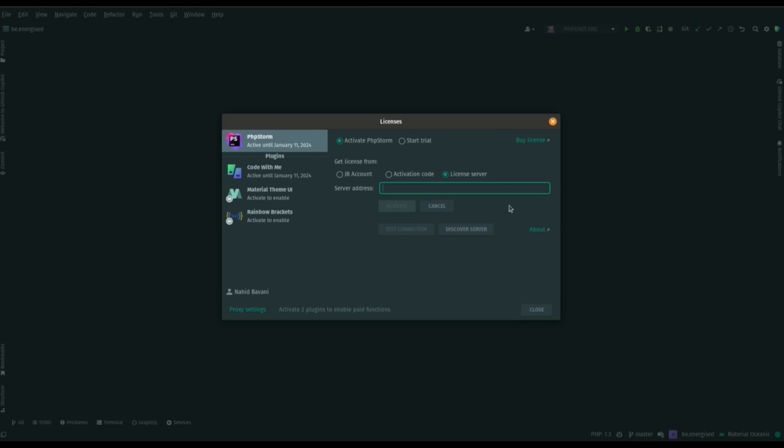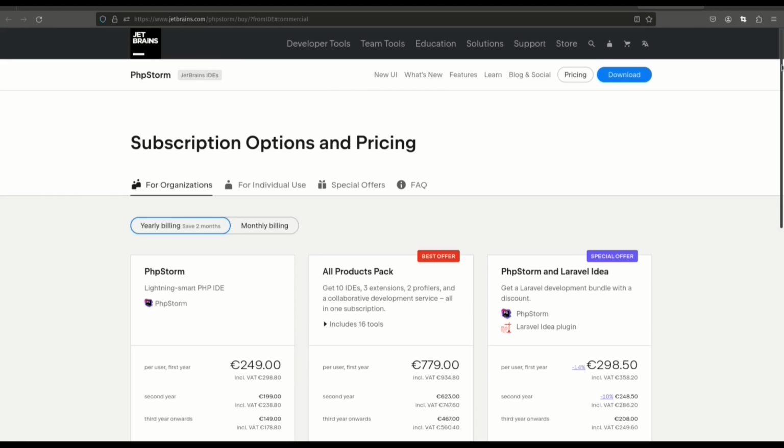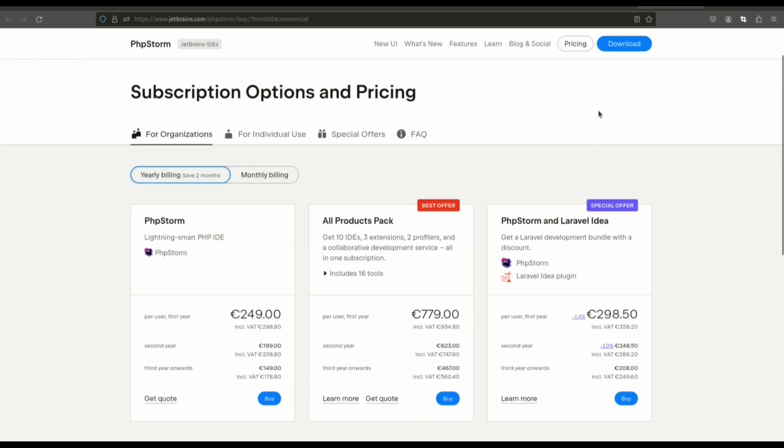In our case, we will activate PHPStorm by using a JetBrains account. For this purpose, click on Buy License at the top right corner. On this page, you can check different plans for individual use. After finding the best plan for yourself, you need to click on Buy,